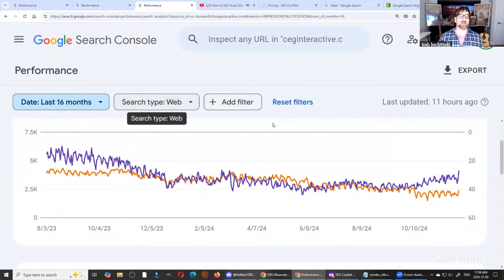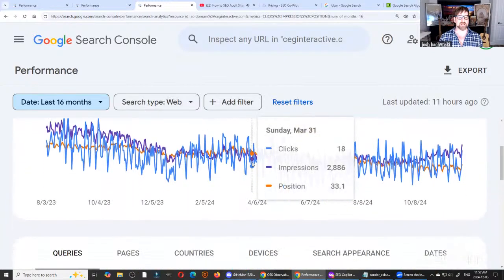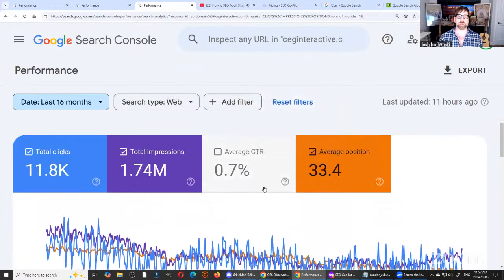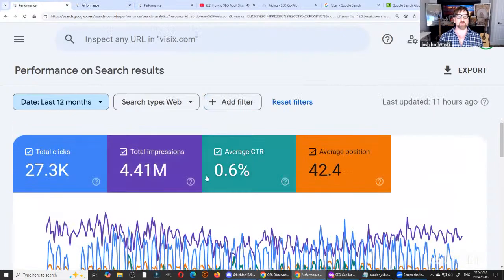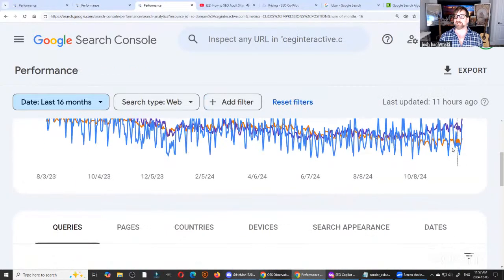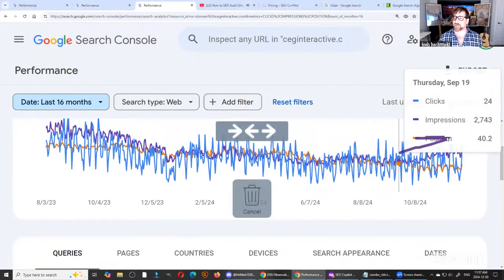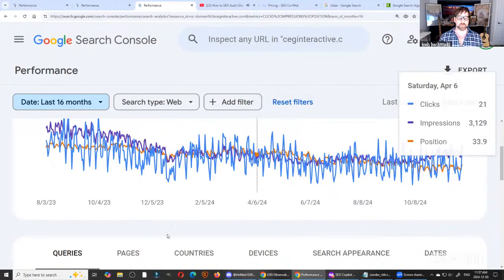And this one here as well, let's look at the clicks. 1.74 million impressions for a site that is doing this on SEO is really good over a year, over 16 months. And 4.4 million impressions isn't anything to sneeze at. So that's all very good SEO. It could just be made a little bit better. And you can see their clicks are going up too. That's good. So they're adding content that people are liking. So that's a good thing too.